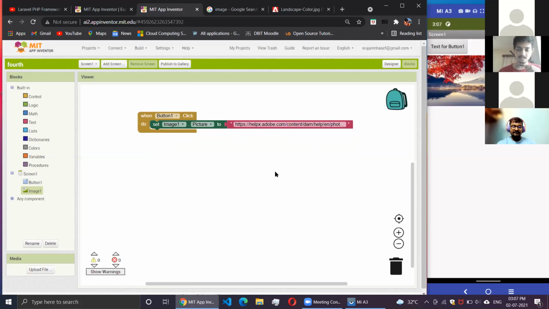Okay. Yeah, done. Then from the drop-down menu beside the image 1, make sure to select picture.